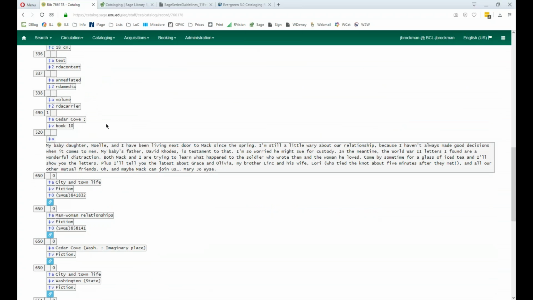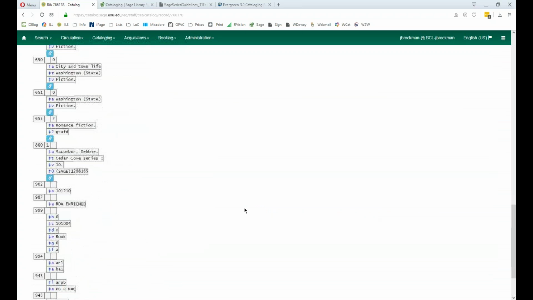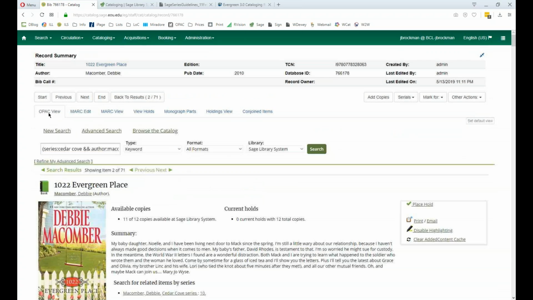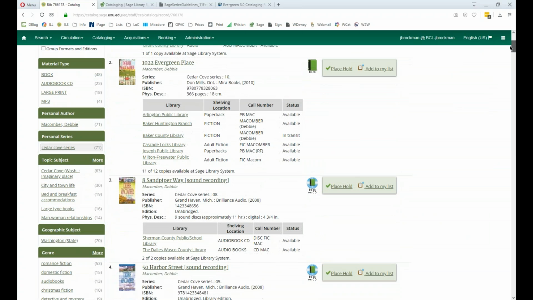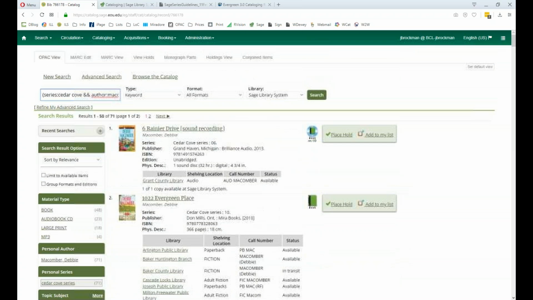So that now we can see our 490 field there and our 800 field here. And quite a few records in this series, 71 records in this particular series. It does have a spin-off, of course. Every good series has a spin-off, right? And so I think she might be open to taking that on, but it really, really helps to be thorough when you are adding series information, and when you find series that are a mess,